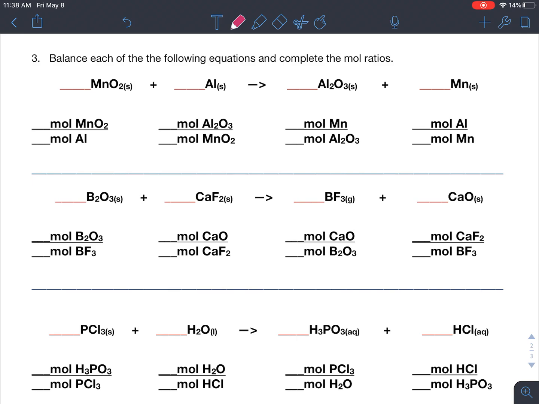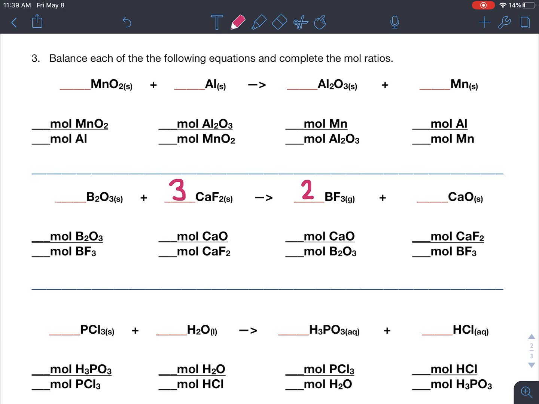All right, so the first thing I want you to do on all four examples is to start off with balancing the equations. So to do that, I'm going to look at my B2O3 and look over at my BF3. I'm going to put a 2 there to balance out the borons. That's going to make my fluorines a total of 6 on the product side. So I'm going to put a 3 in front of that CaF2, and then that will give me 6 fluorines